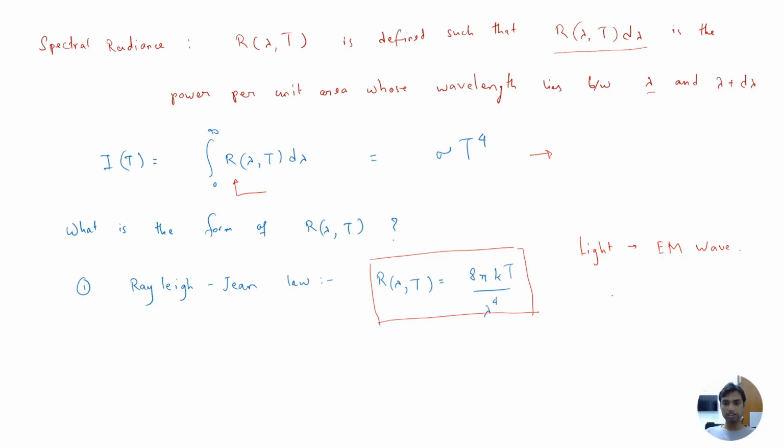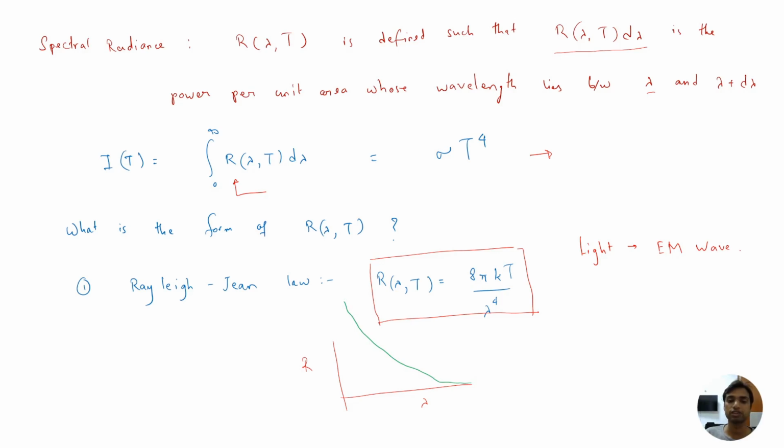When light is treated as an electromagnetic wave, we get this expression for R lambda T. If you plot R with respect to lambda, at very high lambda it is almost falling to 0. At very high lambda R goes to 0, and at very short lambda